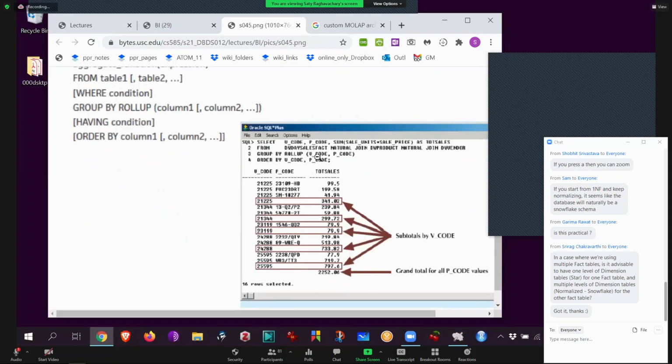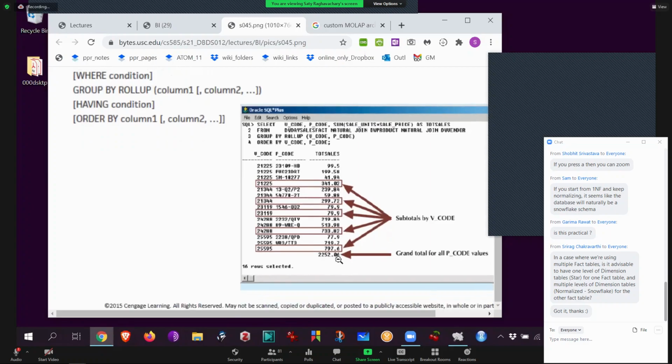So group by rollup, vendor code, product code. It means per vendor, all the products, how much sells, say for some time period, or maybe forever. Next vendor, only 2 products bought. That is the subtotal. Next vendor, only 1 product bought. That's the subtotal. Next vendor, next vendor. It doesn't matter what product, sorry, because you're not slicing and dicing along the dimension at all. And then you add all of those. This is how much we bought from all the vendors for all the products. Okay, so remember the number, okay, 20 50 06.